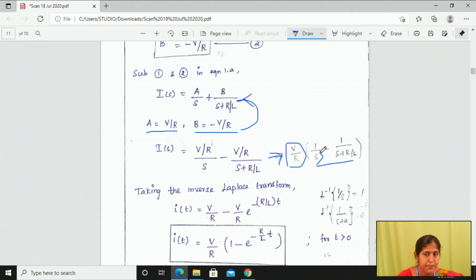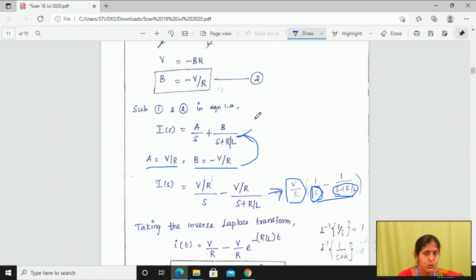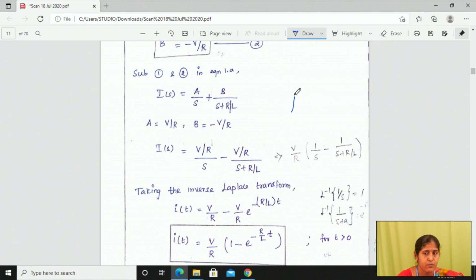Now see the condition, why we have to apply the partial fraction. The meaning is we have to find out the partial denominator function in separate cases. Okay. So that is the reason in this problem we have to apply partial fraction. Okay. So after finding the I of s, what we have to do? We have to again convert the frequency domain into time domain. Why? Because they gave the network in time domain.